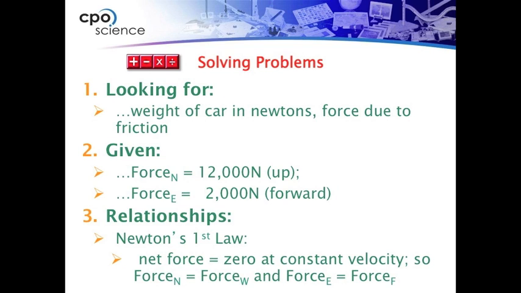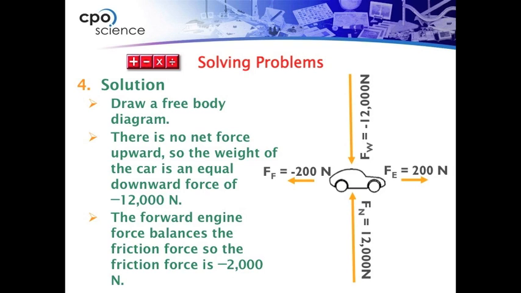Because it's constant velocity, net force is zero. Because net force is zero, that means all forces must balance. Therefore, drawing a free body diagram, we can see that up must balance down and right must balance left. Now that diagram is slightly inaccurate. That should say 2,000 right and negative 2,000 left. But you guys get the idea. Because there is no net force, because of a constant velocity, this car has all of its